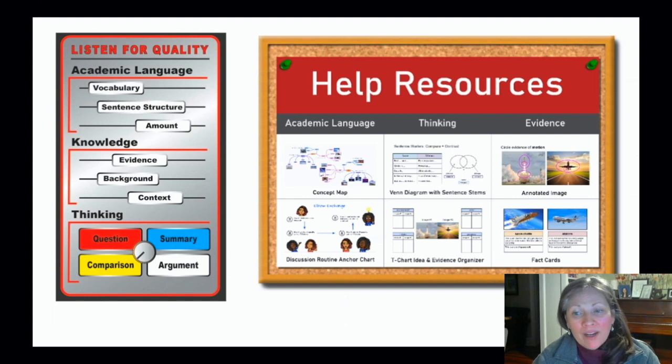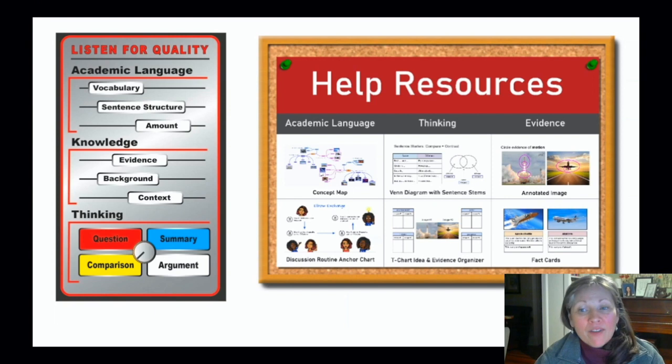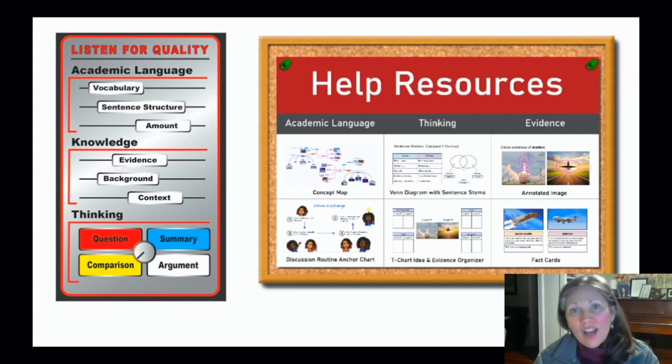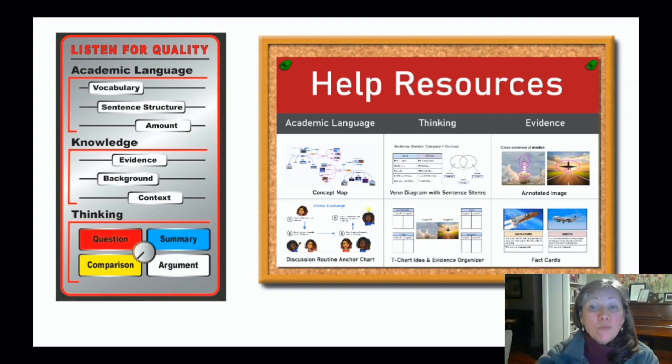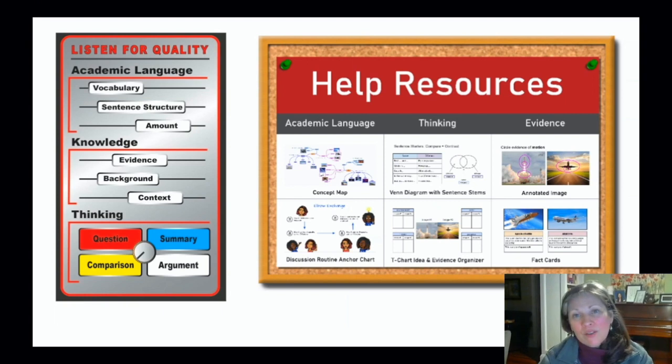For knowledge, we might ask students to use a fact card. And for thinking, we might have them use a graphic organizer. So help resources can increase the quality of student responses, and we can adjust whether it's an invitation, these are available to you, or an assignment or a requirement. You must use this in your response in our directions.